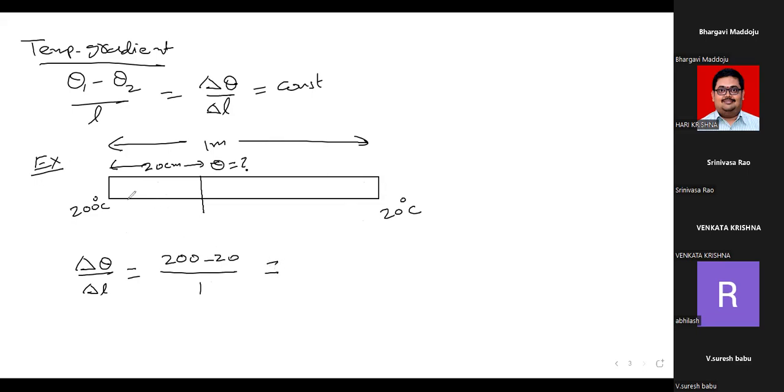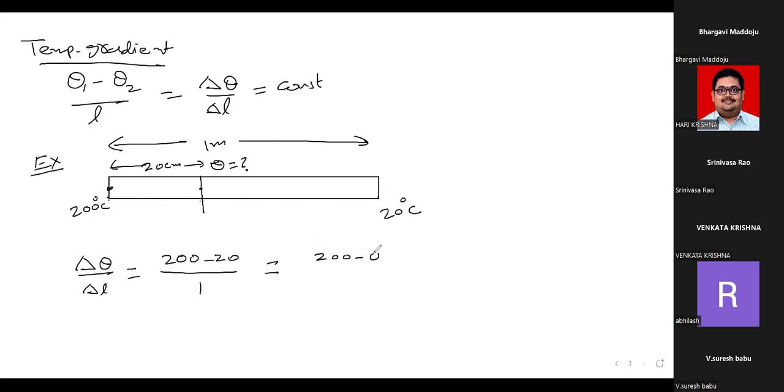Now, I will consider this as one point and another point. In the first case, I consider this as the first point and another point, the second point. That's why the temperature difference is 200 minus 20, and the distance between the two points is 1 meter. Now I will consider this point and this point. Now the temperature difference becomes